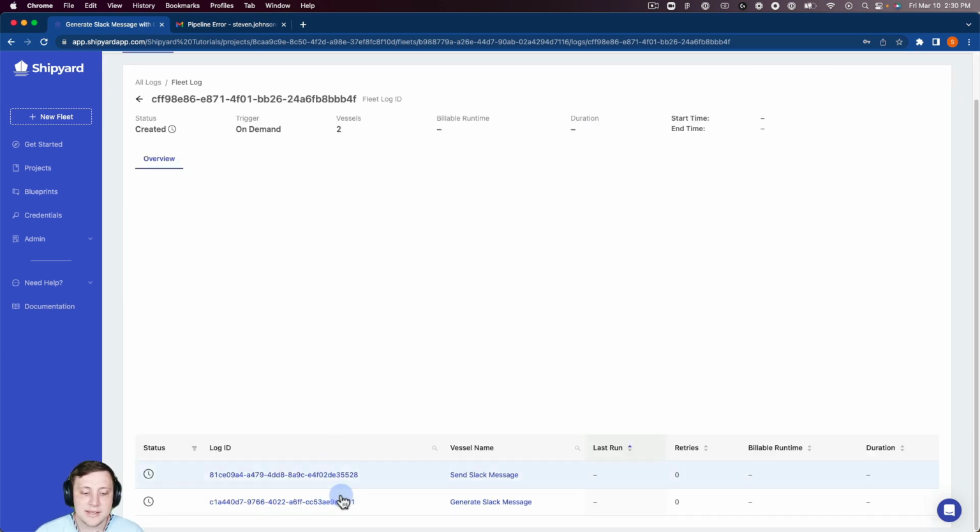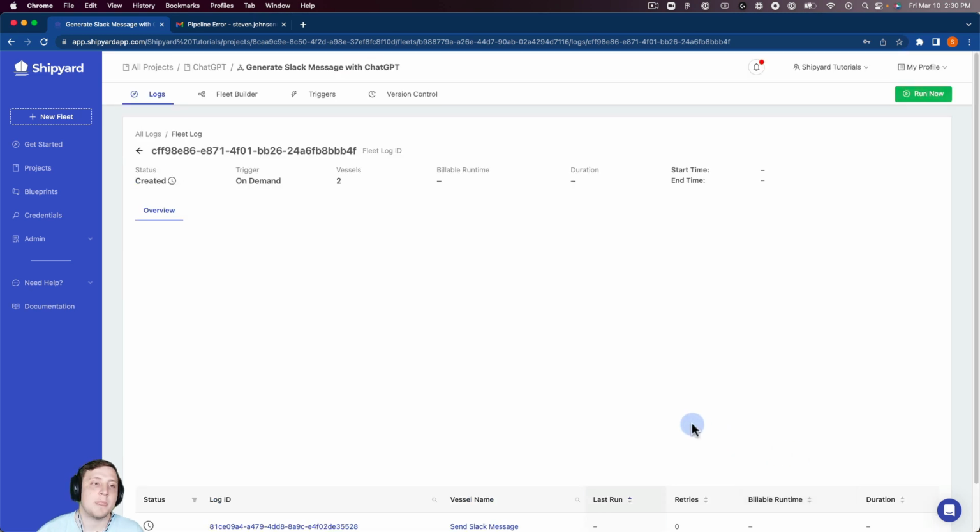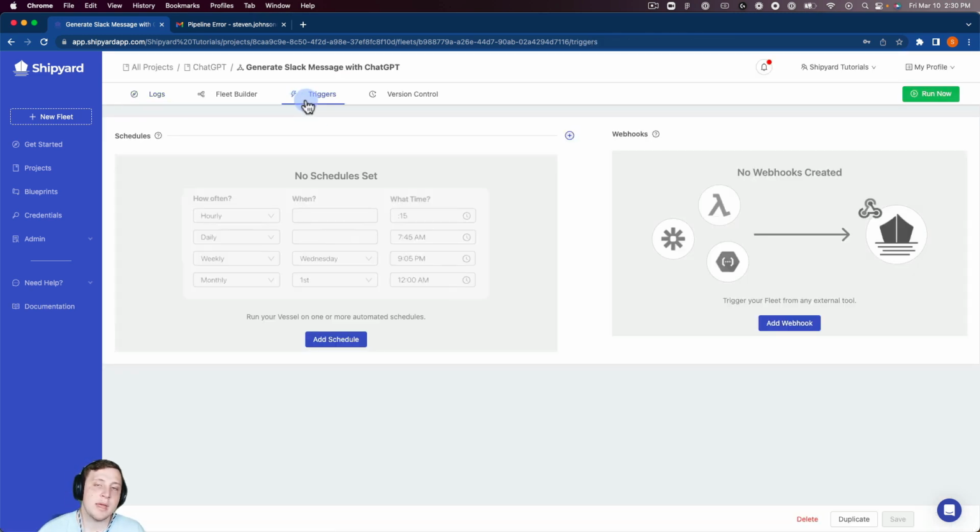Then we can also see that in the table view down here on the bottom. So you can see our status icon, the log ID, the vessel name, last run, retries, build runtime duration, and so on and so forth there. And so while this is starting to run here, we can pop over to our triggers tab